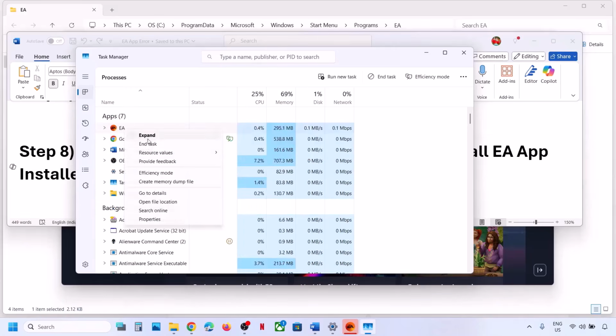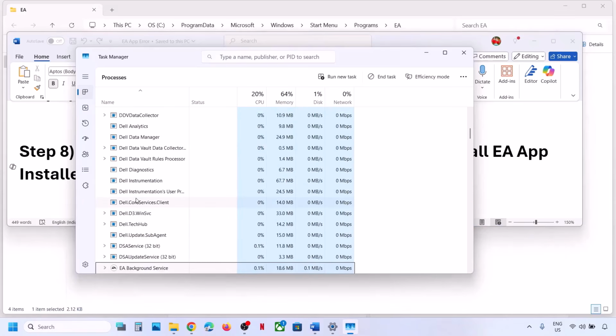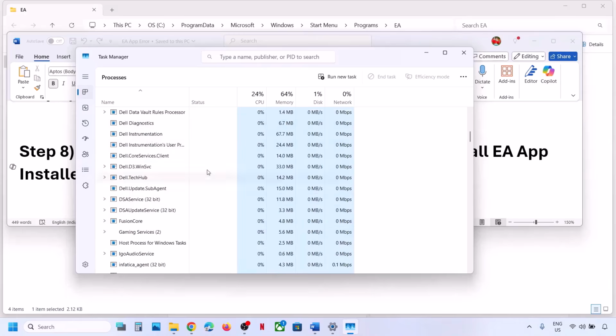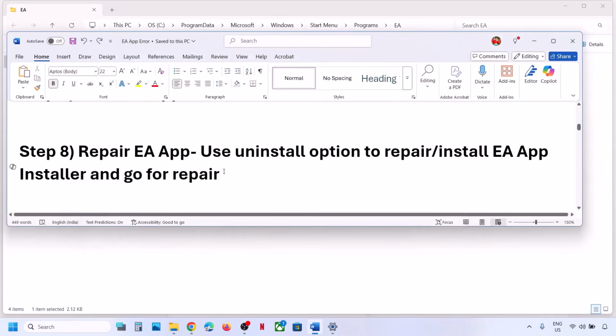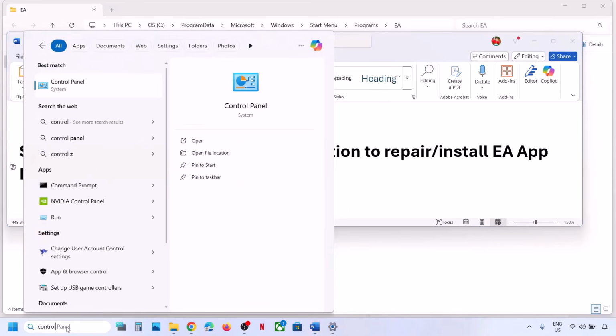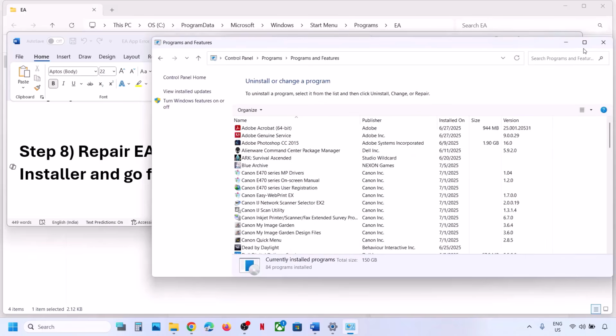Let me close this first. Close all the EA service. If you don't find EA service, you can skip it. Now type in control panel in Windows search box, go to control panel and then click on uninstall a program and then find